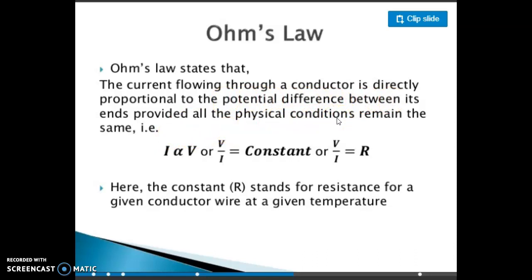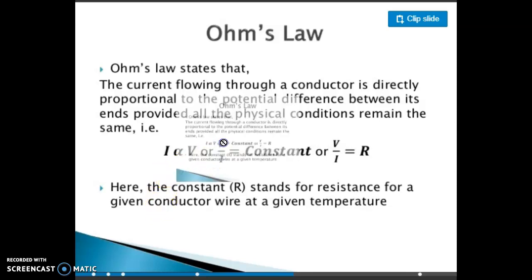So we can say, suppose voltage is 10 volt, so current is A ampere or B ampere. So for 10 volt, if current is A ampere, suppose value of A is 10. So for 10 volt, if current is 10 ampere, if you increase the potential to 20, the current will also be 20 ampere. They are directly proportional. So if you increase the potential difference, the current will also increase.